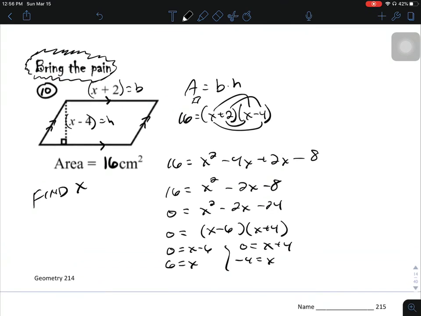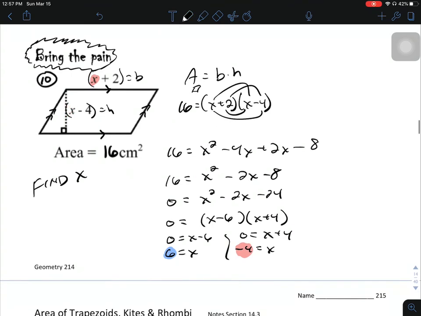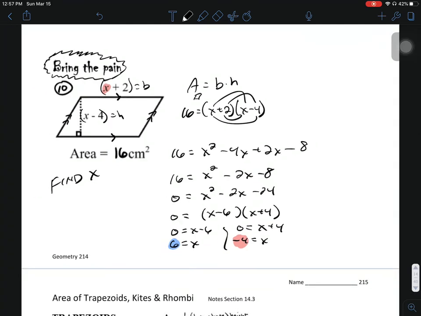So how do we decide which one is going to work? If we put a 6 in for this, that would be 6 plus 2, which is 8. That seems okay. Put a 6 in for this, we get 6 minus 4, which is 2. That seems okay. If we try to put this negative 4 in, negative 4 plus 2 is negative 2. That doesn't make sense. Here, negative 4 minus 4 is a negative 8. We're not going to have lengths of sides that are negative. So the answer, this one here doesn't work. This one here does work. So x equals 6